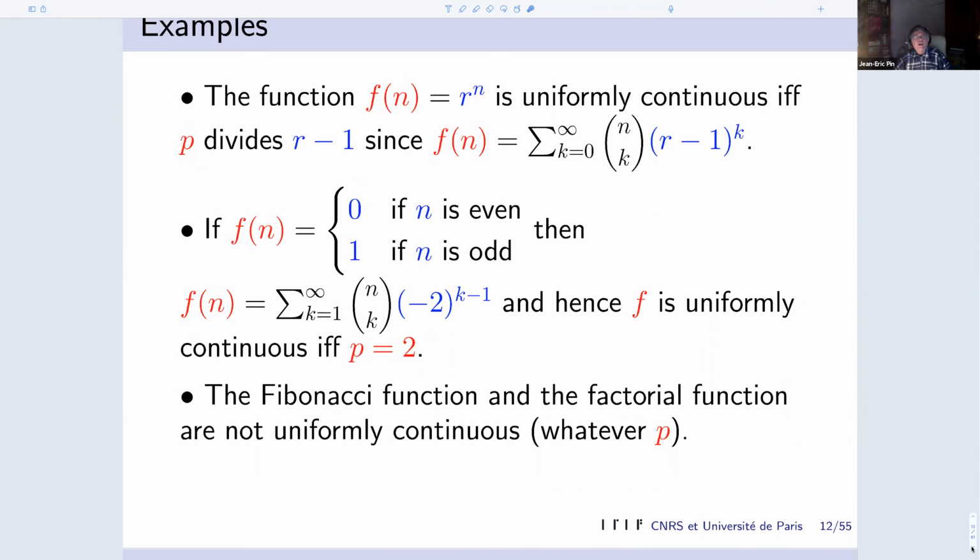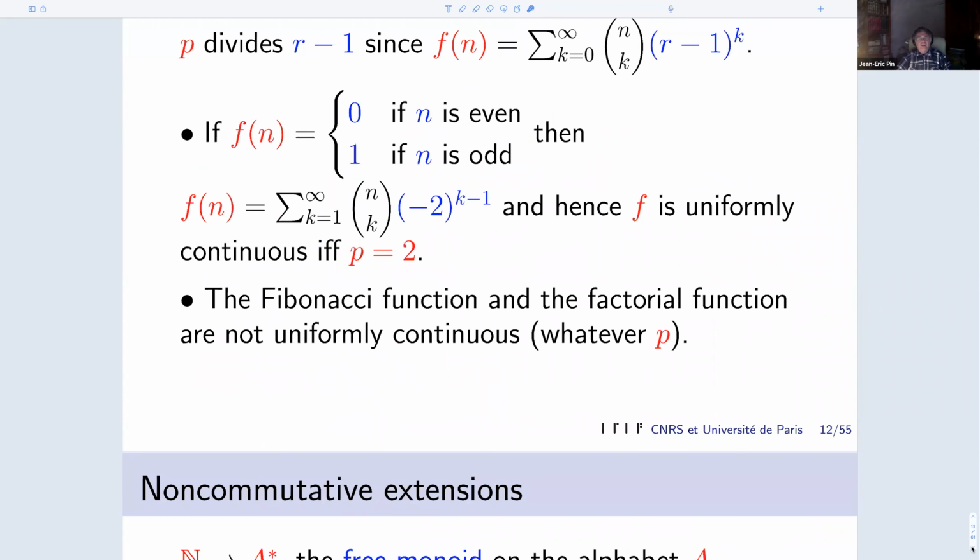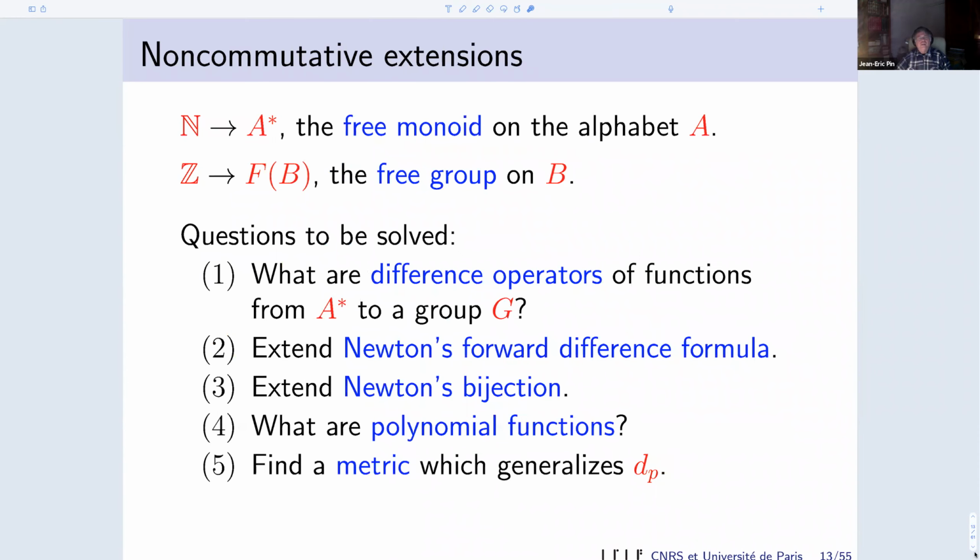So, non-commutative extension. The natural thing to do first is to look at what are the non-commutative extensions of N and Z. And the natural,